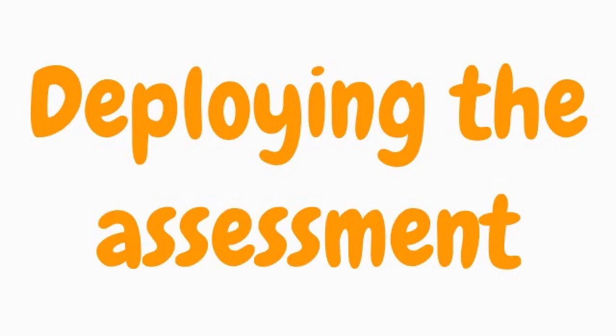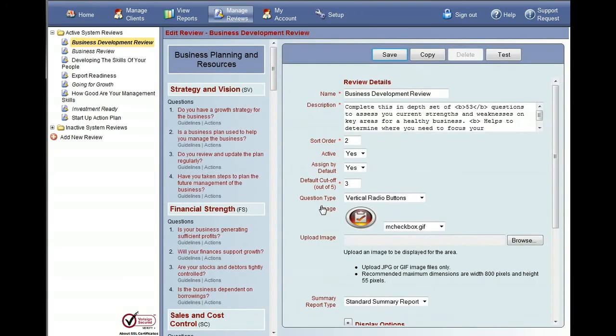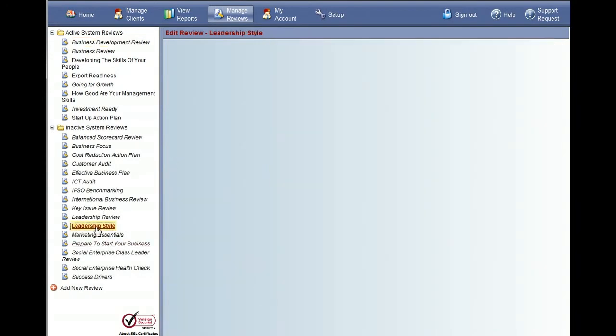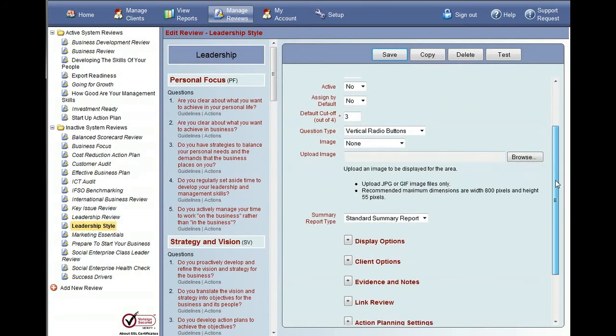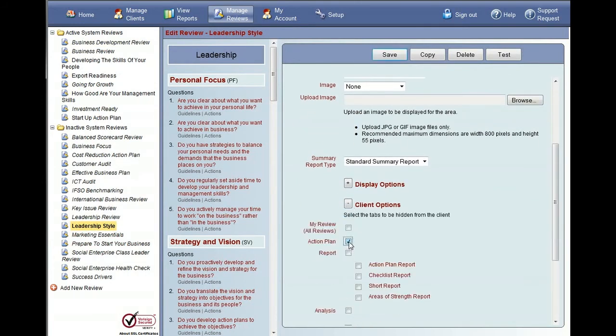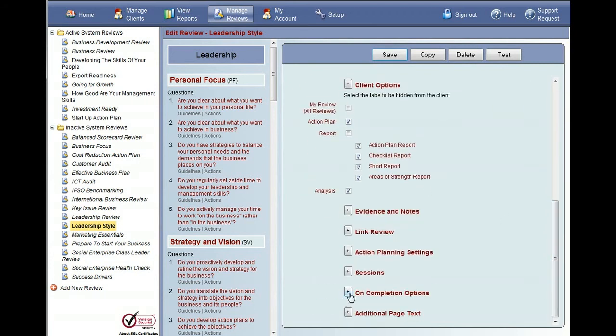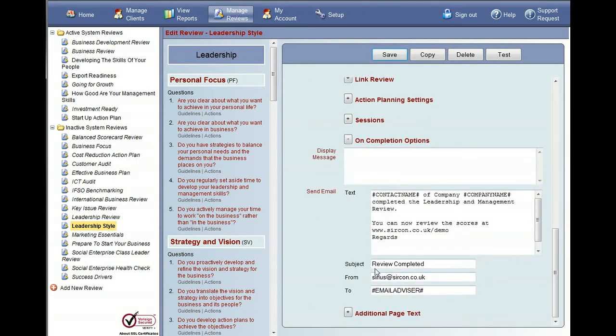Deploying the assessment. In Manage Review, the finished assessment appears in the inactive list. I only wish the client to complete the assessment and get a report, so I will switch off the action planning and analysis options. As this will be a self-assessment, I want email notification when the client has answered all